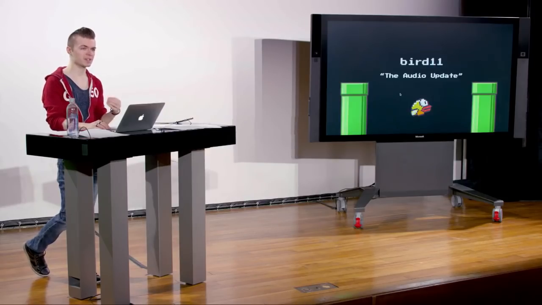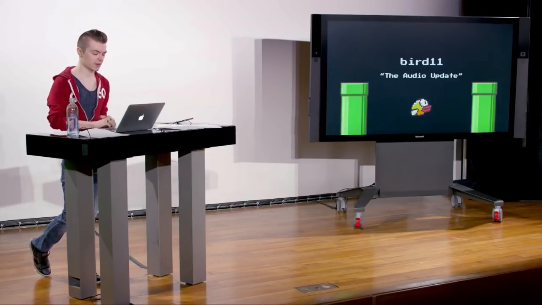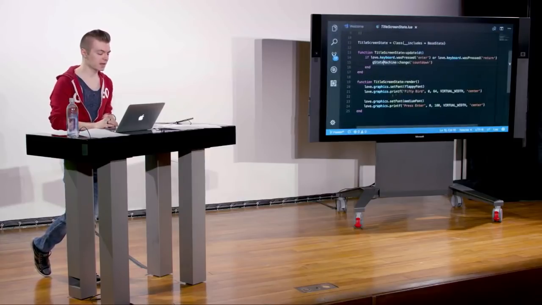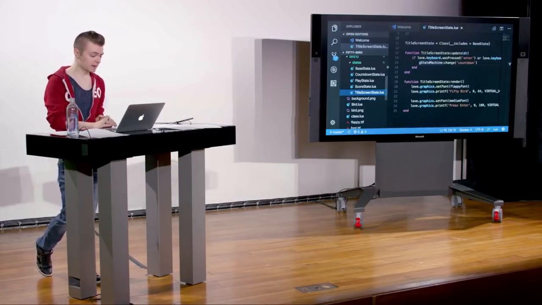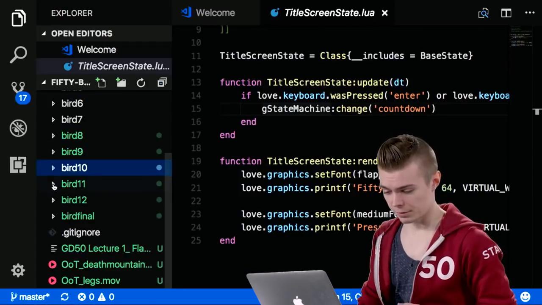Probably my favorite part of many of these examples, and of this example as well, is adding audio to our application, music and sound effects, which really tie everything together. So we're going to take a look at this. It's very simple, very similar to what we learned last week when we did Pong. So in main.lua of bird 11, which is what we're going to look at now,